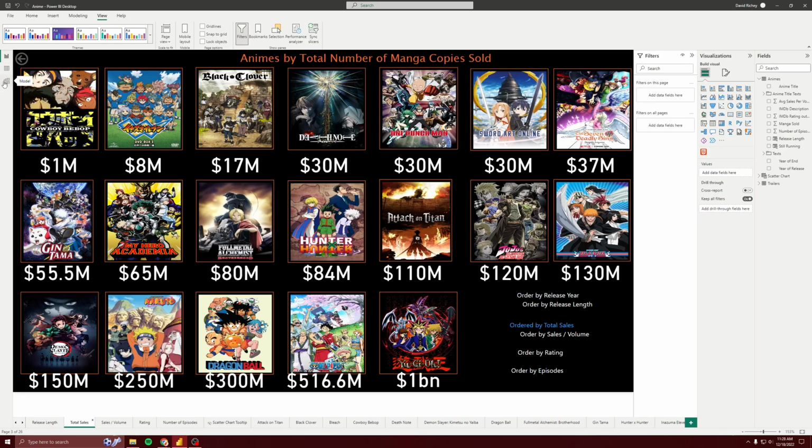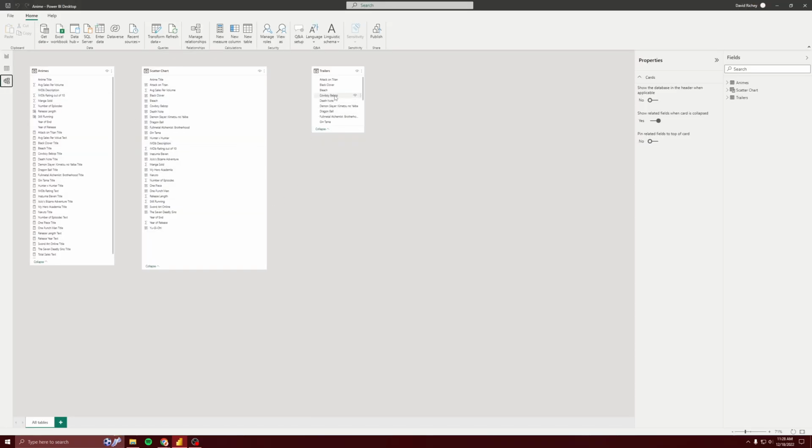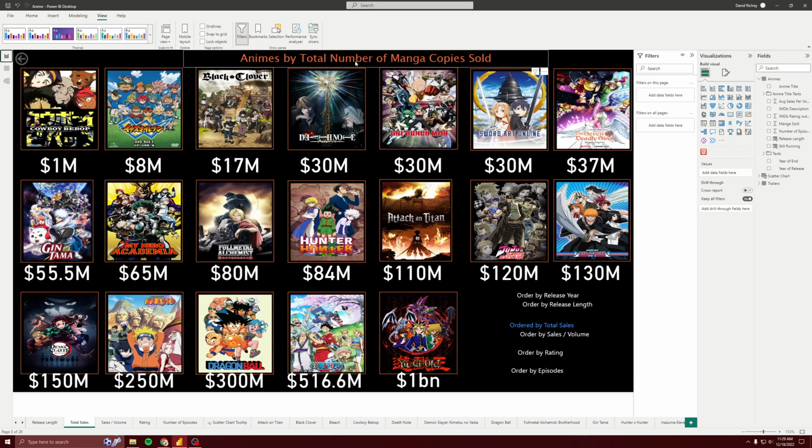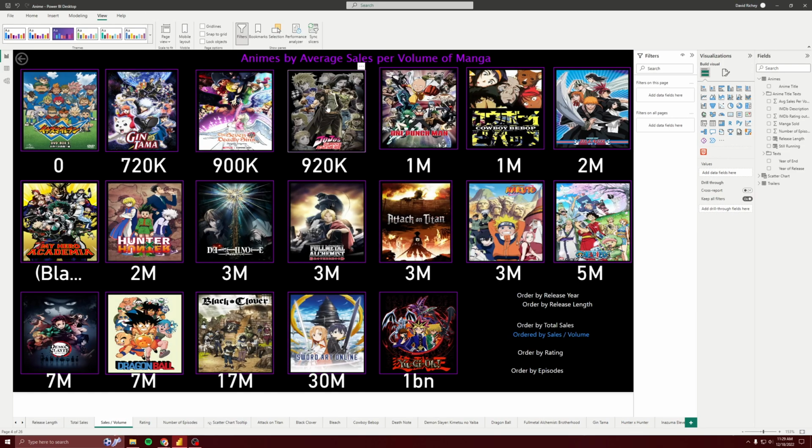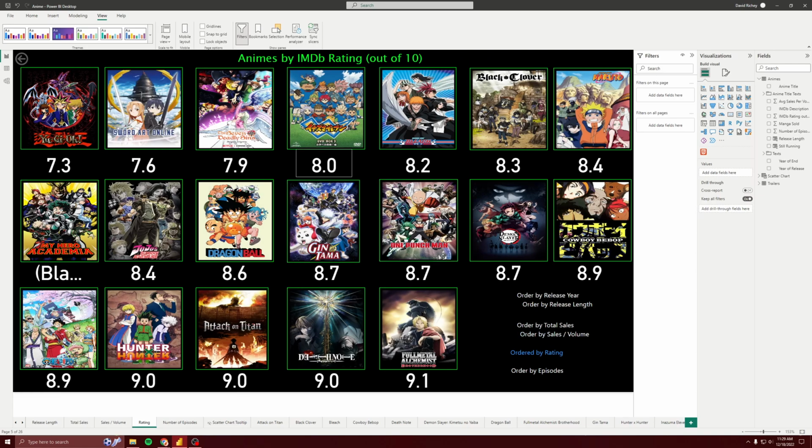So real quickly, I just want to show a model of my tables. So there's an anime table, scatter chart, which I'll show soon, and then the trailers. They're not connected. They don't have any relationships. Anyway, so this is by number of manga copies sold, ordered by sales per volume, ordered by rating,